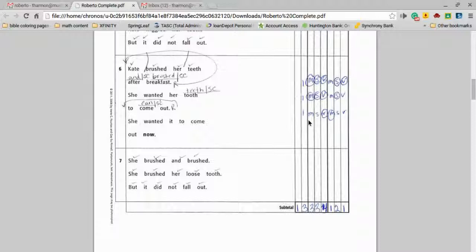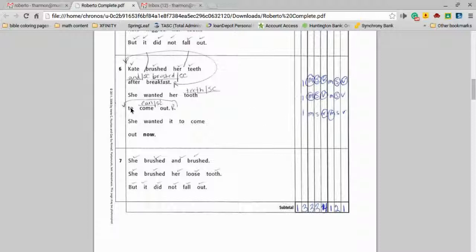Does that make sense? "She wanted her teeth," yes. Oh, I'm sorry. We didn't analyze that one. I'm sorry. We're at "can." So forgive me on this. There was a mistake, but